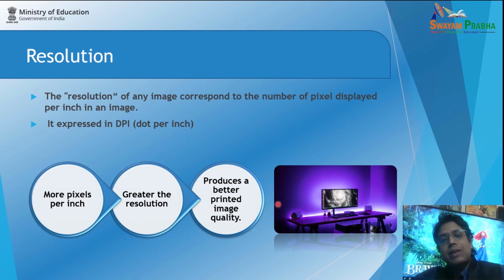Even, for example, I'm going to give you one more example. If you are going to buy a point and shoot camera, normally a 20 megapixel or 24 megapixel point and shoot camera you can easily get within 15 to 20,000 rupees. But if you are talking about a Mark 3 or Mark 4 DSLR camera, they are only 12 megapixels, even less, but they are more expensive, 2 lakh, 3 lakh.